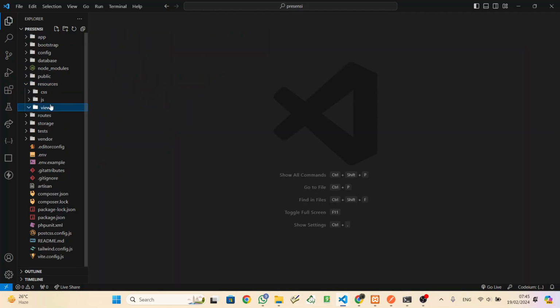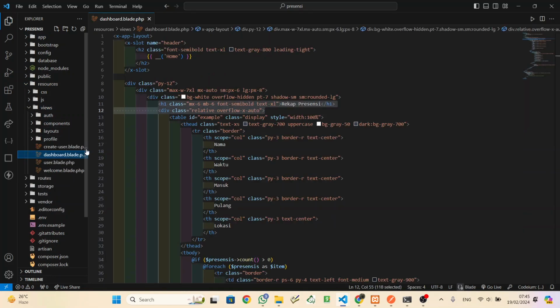Move to the views, insert into the dashboard view. At the dashboard, make a new table.